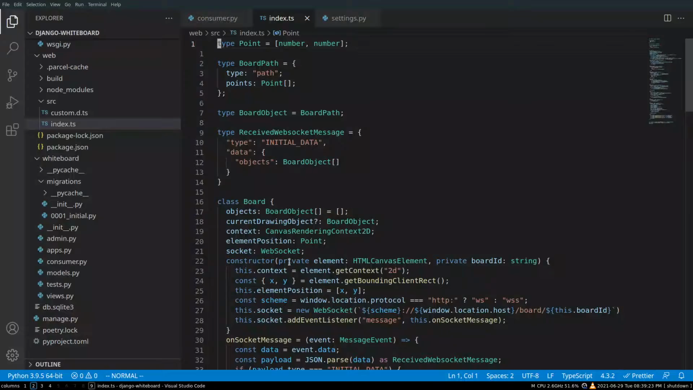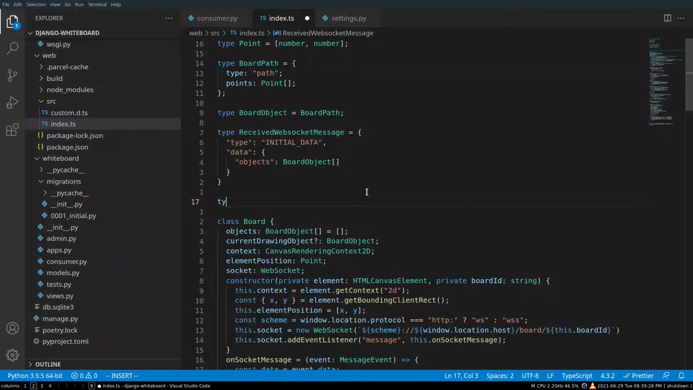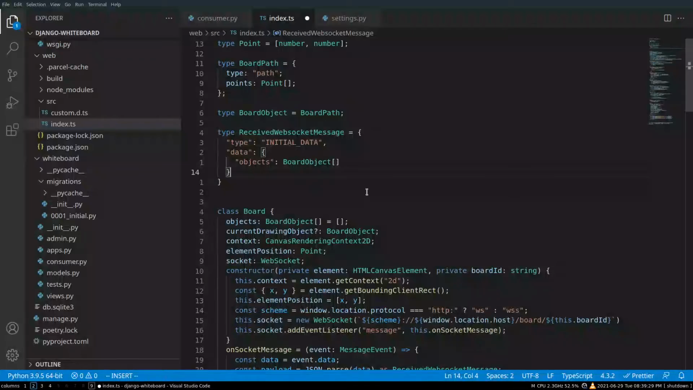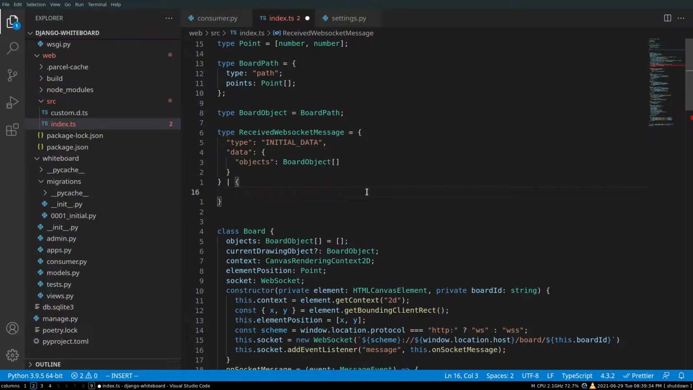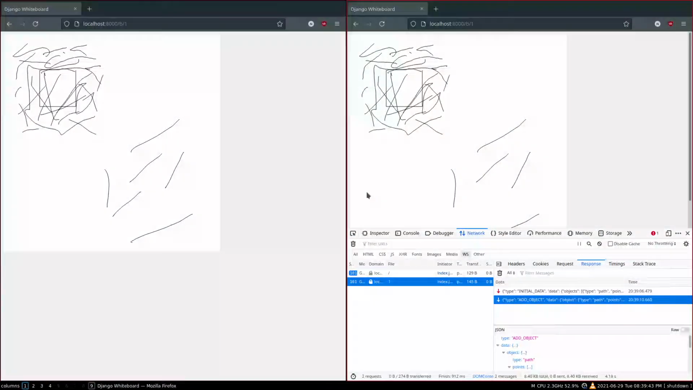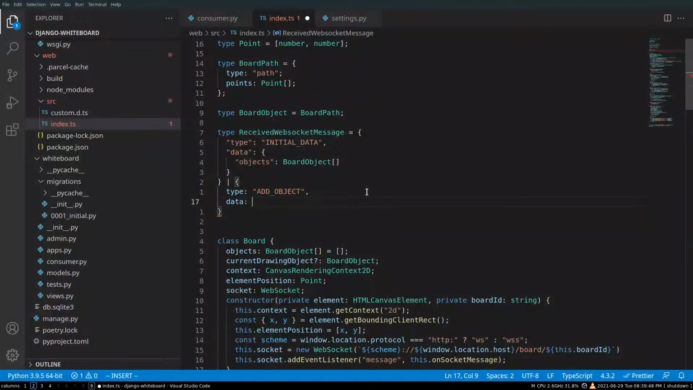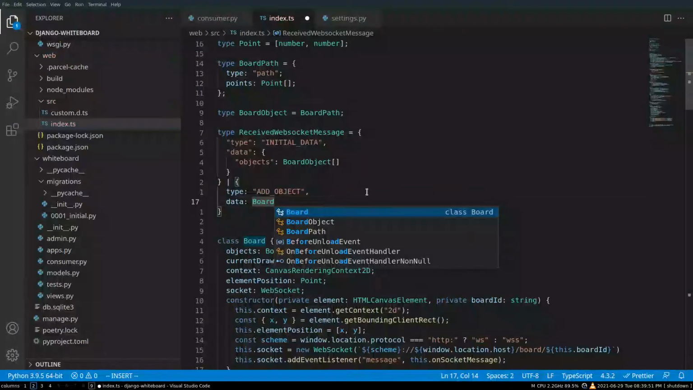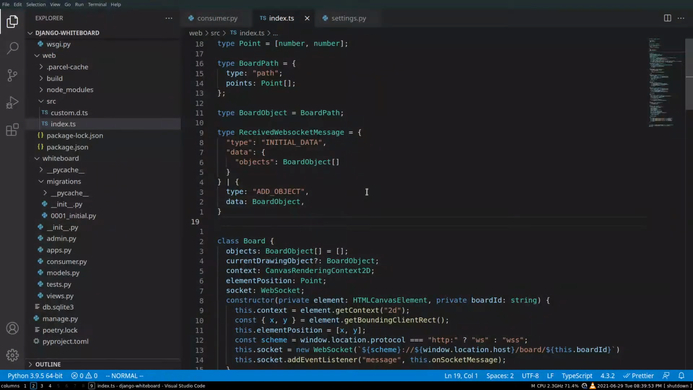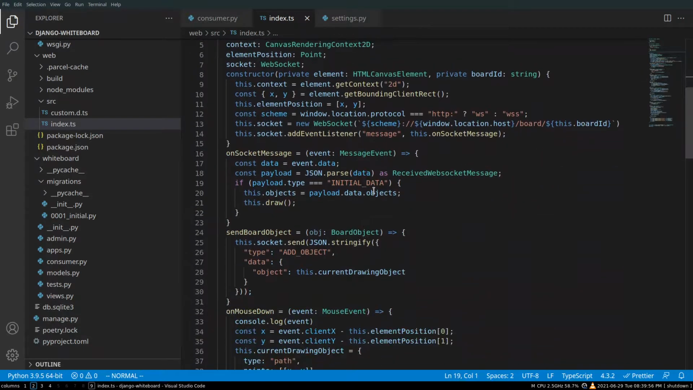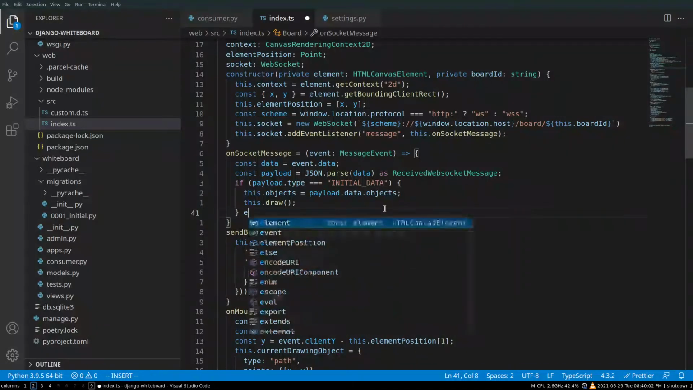index.ts, we have, let's add a new type first. Oh no, not actually here. Here, right? Received WebSocket message. Now we have a new type called add object. And the data will just be board objects. So in this message listener, we'll just add an else if,